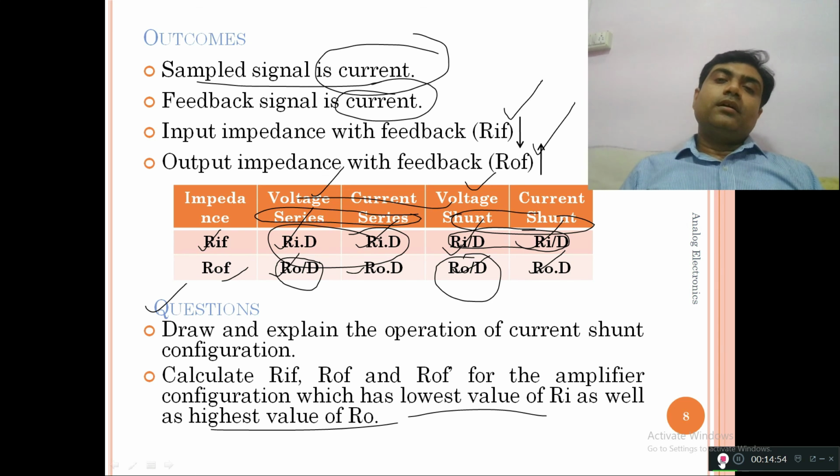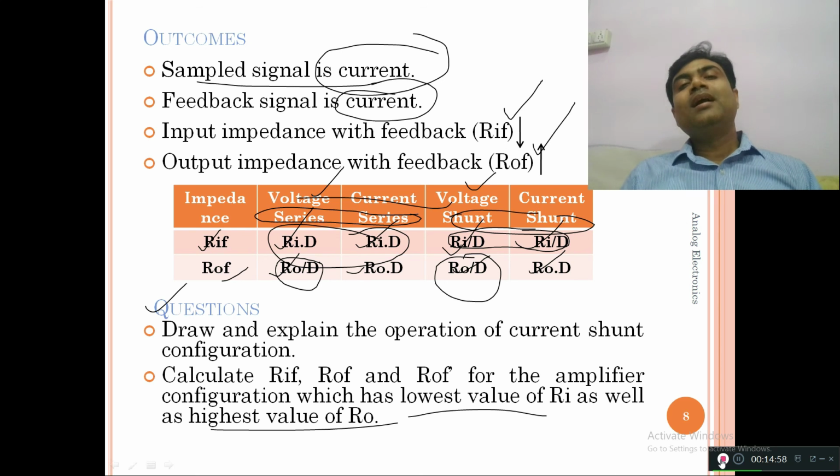In the upcoming lecture, we will discuss in detail the advantages of the negative feedback amplifier, and we will see how it gives us noise reduction, linearity in operation, and stability in the gain, as we have discussed in brief in the first lecture. We will be discussing this in detail in the upcoming lecture, that is lecture number 7.